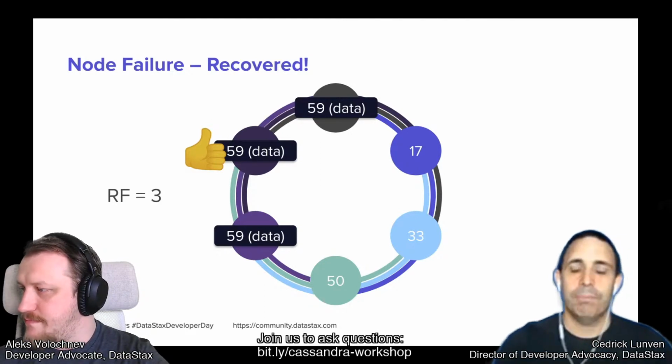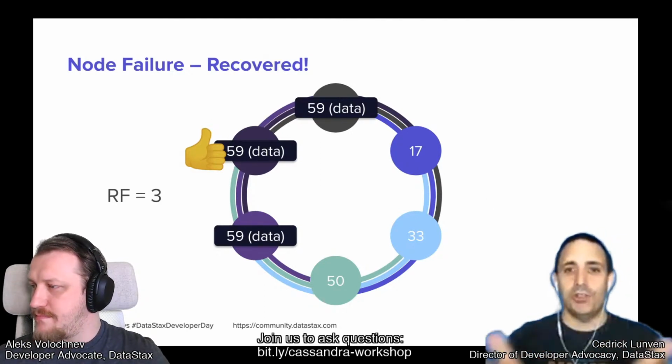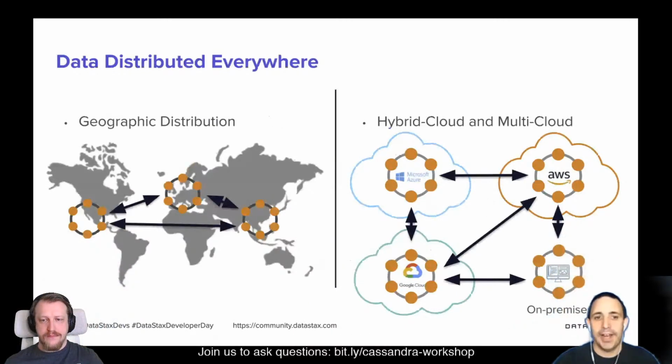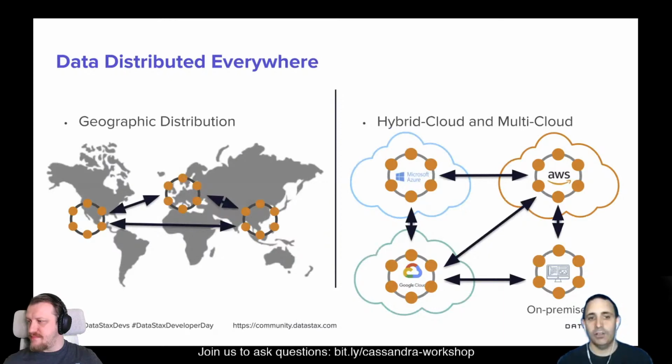Okay. Until now, I showed you a single ring. But in a Cassandra cluster, you can have, and you will probably have, multiple rings. And the good part is you can install those rings in multiple locations on the planet, and you can read and write from anywhere. So let's say I'm in London, UK. I'm writing data. The data will be replicated asynchronously under the hood everywhere. I don't have to handle it on my own.